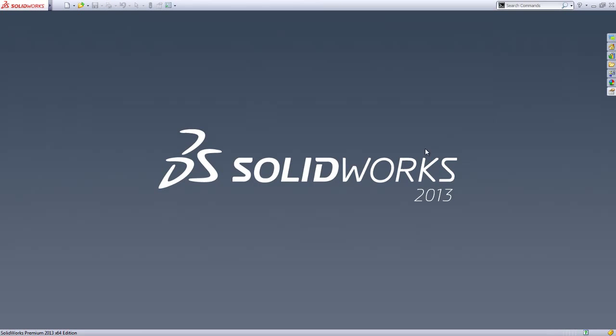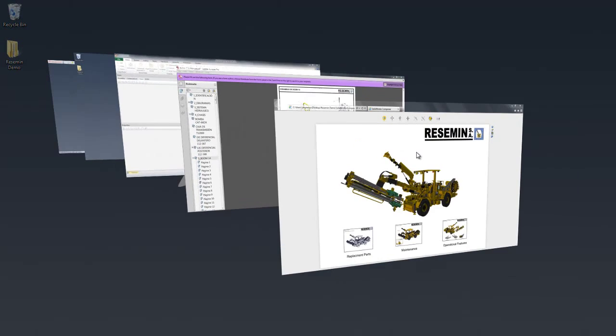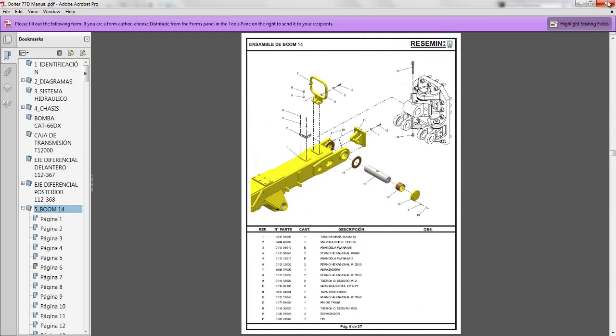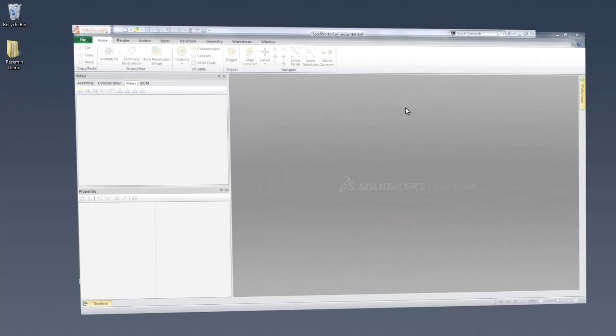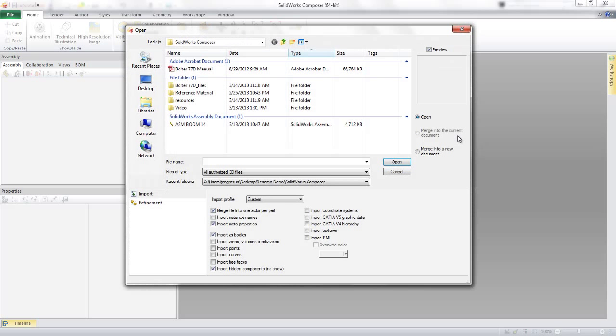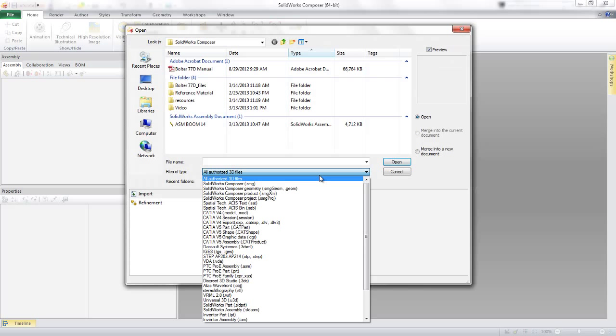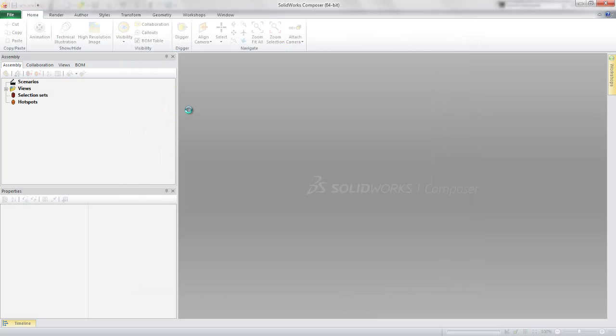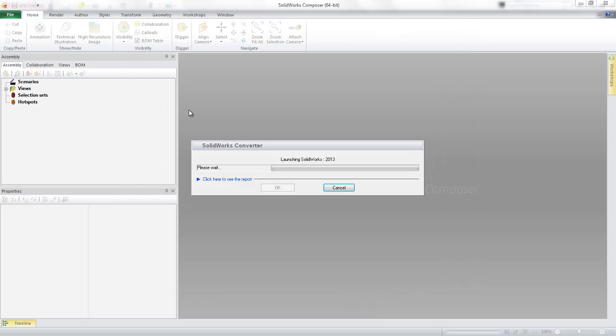So let's go ahead and close this as well as any other open documents we might have. We're not going to need these anymore as we're going to create everything from scratch. Once inside SolidWorks Composer, all we need to do is choose File Open. From the File Types drop-down, we can see that SolidWorks Composer supports a wide variety of native CAD formats. In our case, we're working with SolidWorks, so we'll simply select our assembly, and SolidWorks Composer will get to opening